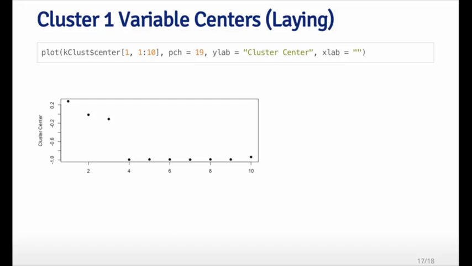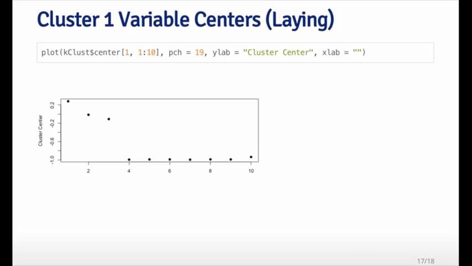That will help give us some idea of what features seem to be important for classifying observations in that cluster. In the first cluster here, which seems to correspond to laying, the center has relatively high, positive values for the first 3 features, which is the mean body acceleration, and then low values for some of the other features,